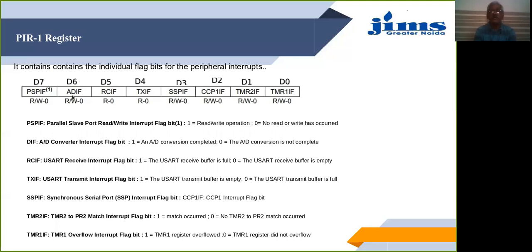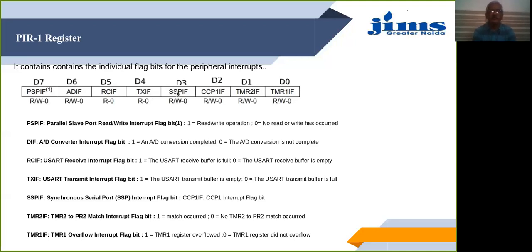If the interrupt occurs, the flag will be indicated here for A to D conversion completed. Then the USART receive flag and USART transmit flag. If the transmit buffer is empty or the receive buffer is full, then these corresponding flags will be set to 1.